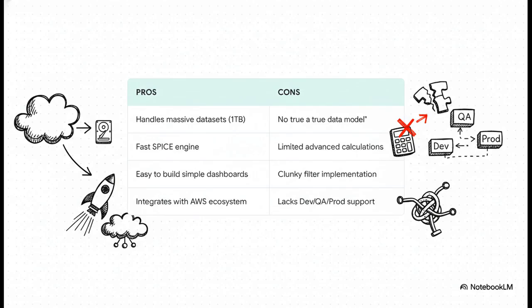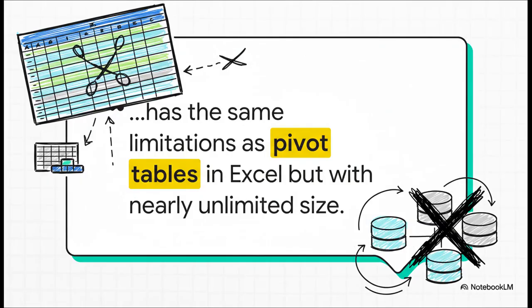Users complain that the filters are a pain, and it's missing a proper workflow for development teams. This might be my favorite analogy from that whole user review, because it's just so clear. Think of QuickSight as a pivot table on steroids. It lets you slice and dice one giant flat table of data with incredible speed. But if you need to build a complex web of relationships between multiple tables, well, you're going to have a